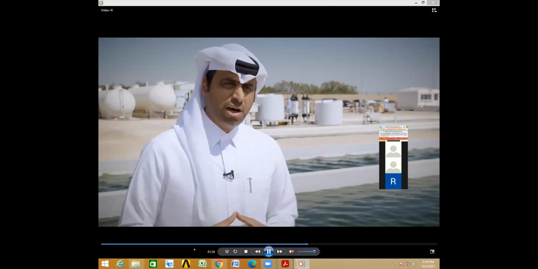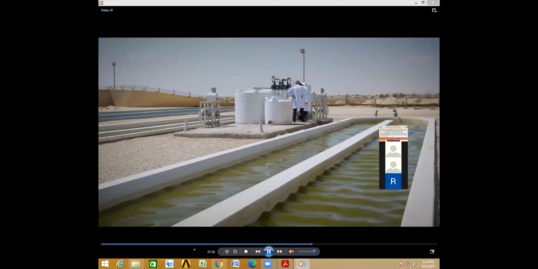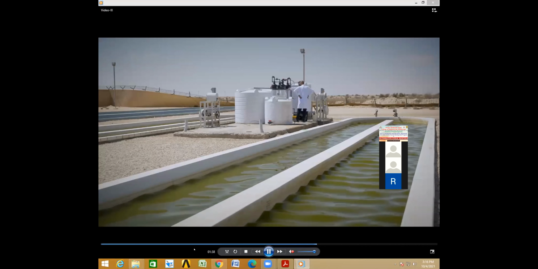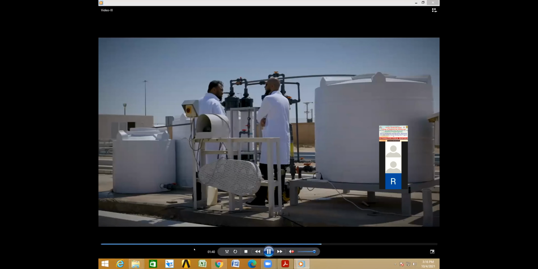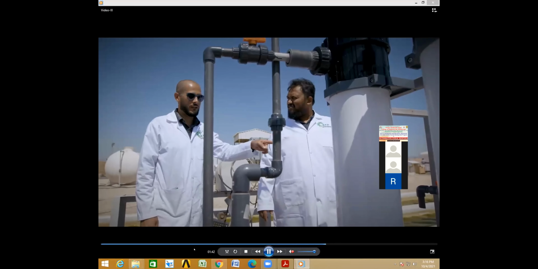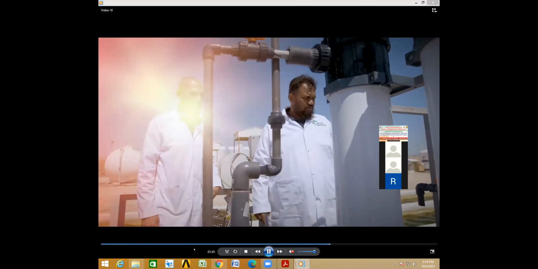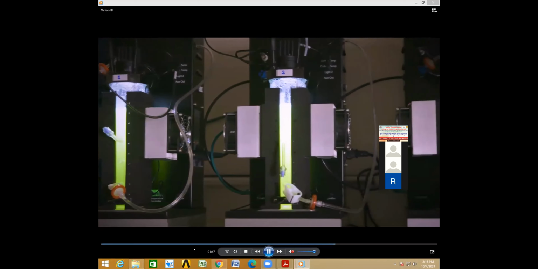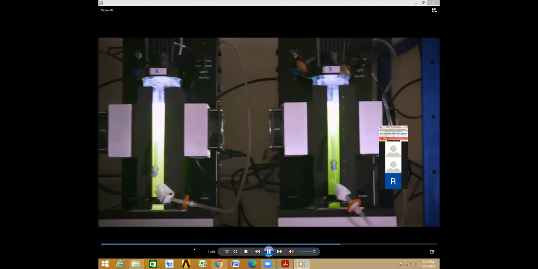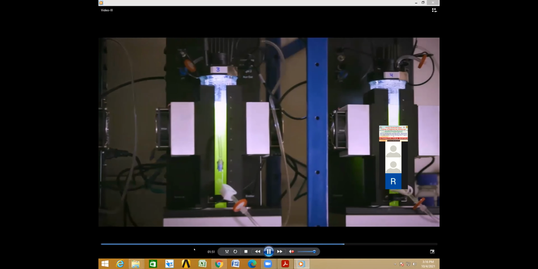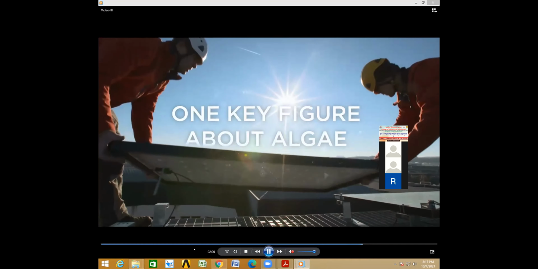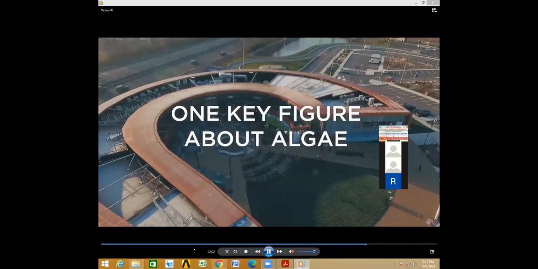Otherwise, what will happen? Some other microorganisms are also growing. So in one cell, there will be 25% content of biodiesel. In another, there will be 75. So eventually, you will lose your uniformity. So there are several aspects to it. This is the pilot scale system, where here you see the FACS. Each and every cell will be passed through a laser beam, and if the uniformity is not there, we will reject the batch. If the uniformity is there, then you can continue with the batch.